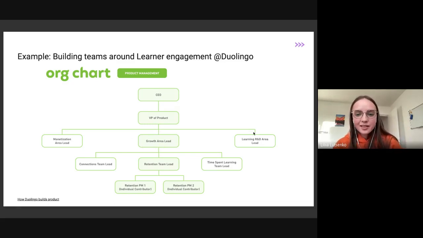First department, and these 2 departments are clearly focused on learners. So I assume their North Star is the amount of time spent learning per learner. Same as hours listened to music, hours spent learning per user, for example. And for this learning North Star, they even structured their organization. There is a team responsible for time spent learning. There is a team responsible for retaining customers, learners, and there is a team responsible for connections.